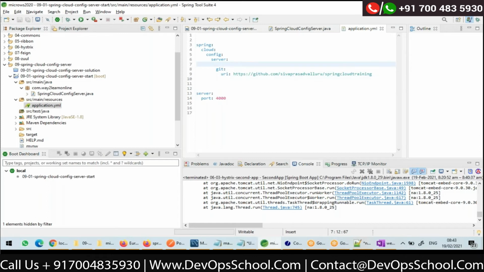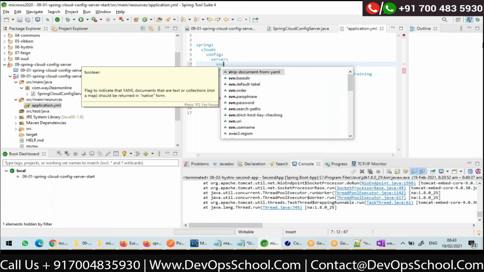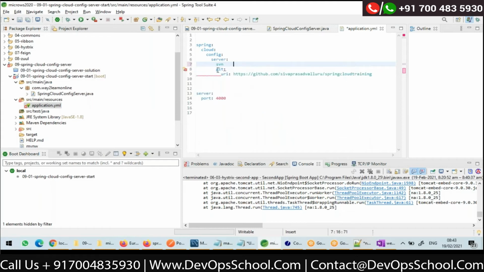Right now, mine is a public repository. And the Spring Cloud Config Server supports not only GitHub, it can also support SVN. You can have your YAML files in an SVN repository also. Or you can also keep your configuration in a database.